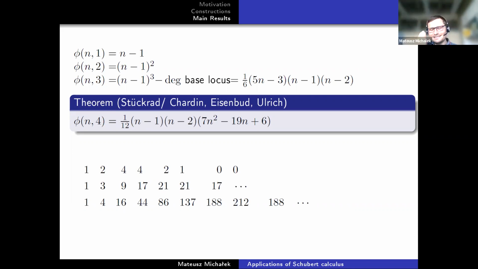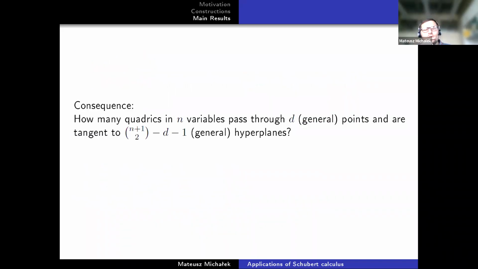And our result tells us that if you read it column-wise, you get a polynomial. And we also obtained very efficient tools to compute those polynomials. I will give you one of those polynomials in just a second. Now, let me say that those results have very down-to-earth basic consequences in very basic geometry.